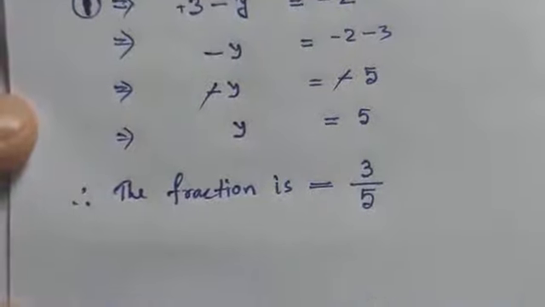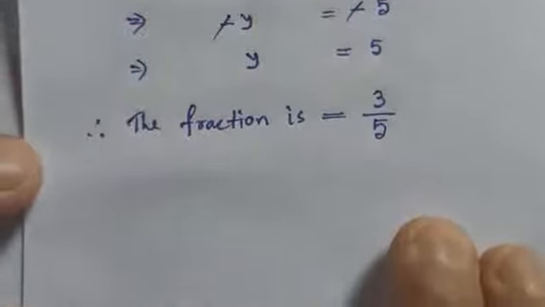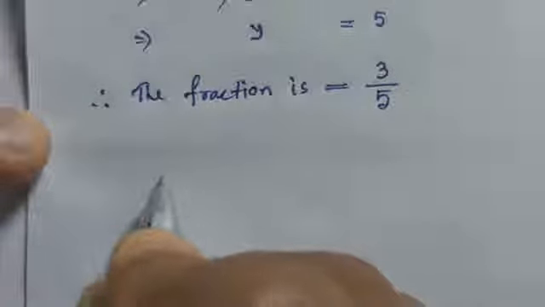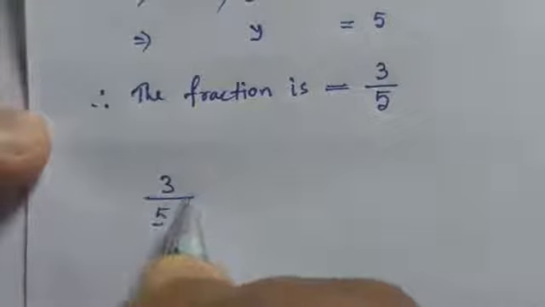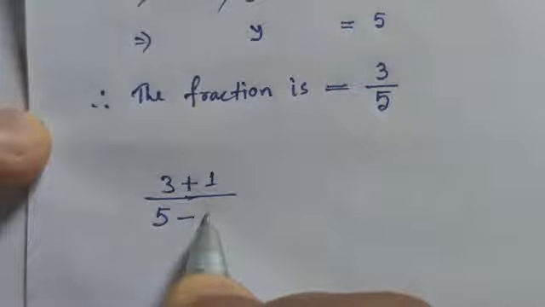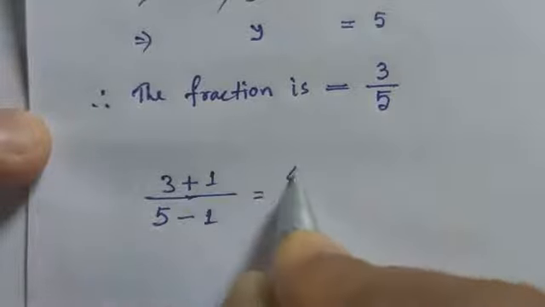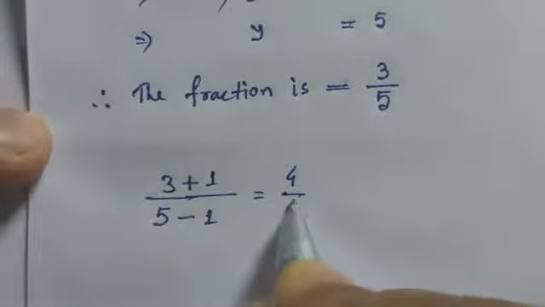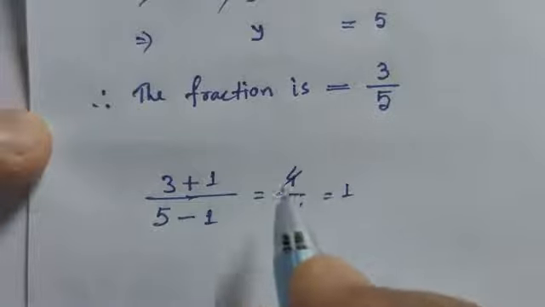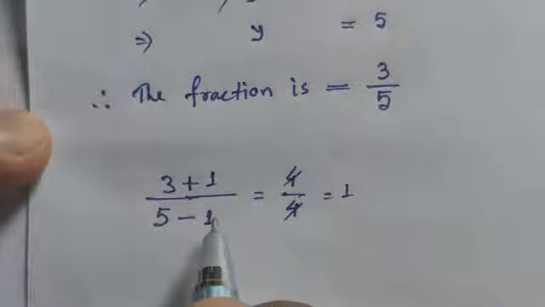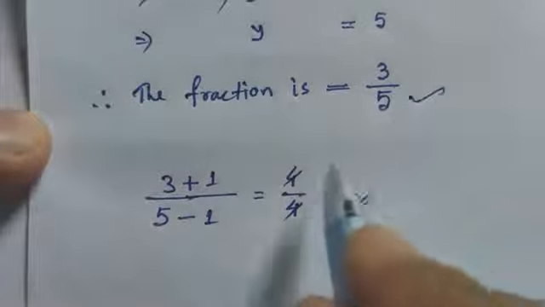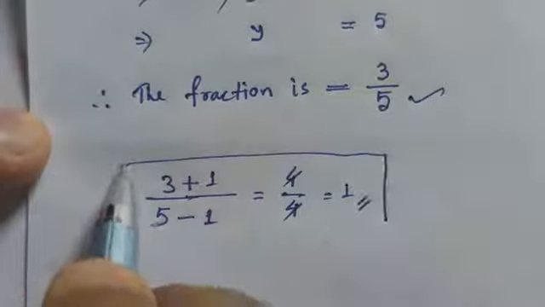Okay, now let us check whether our solution is correct or not. The condition was, the fraction obtained is 3 by 5. If you add 1 to the numerator part and subtract 1 from the denominator part, then it would become 4 by 4, and 4 by 4 is equals to 1. The condition given was that if you add 1 to the numerator and subtract 1 from the denominator, the fraction reduces to 1. It was given, and we obtained 1. That means our solution, 3 by 5, is correct. This is just the verification part.